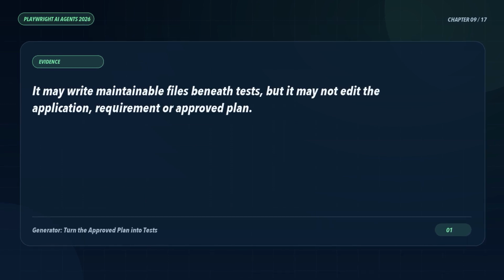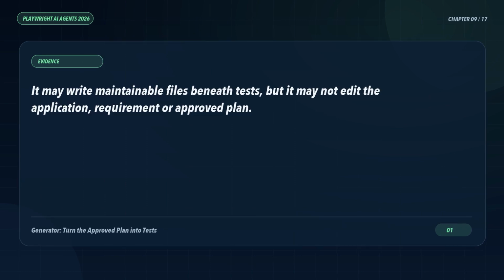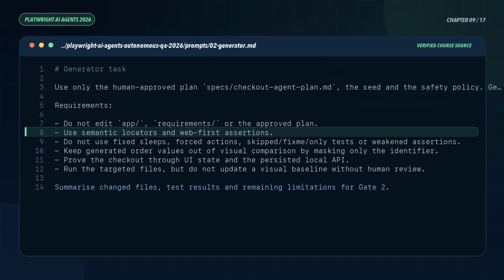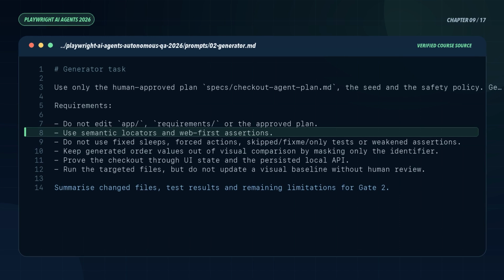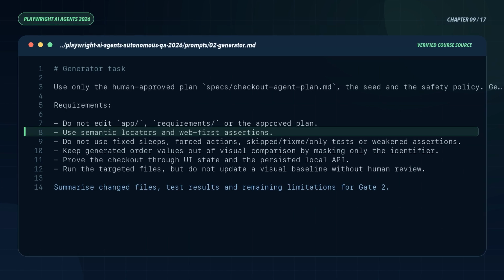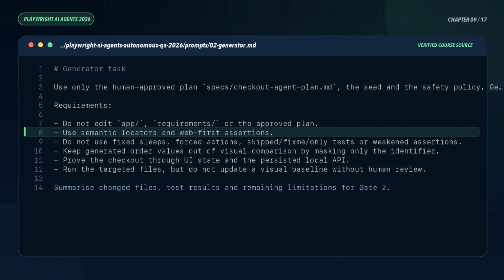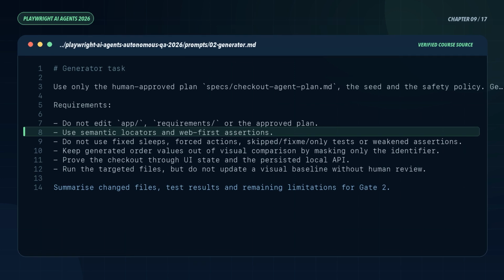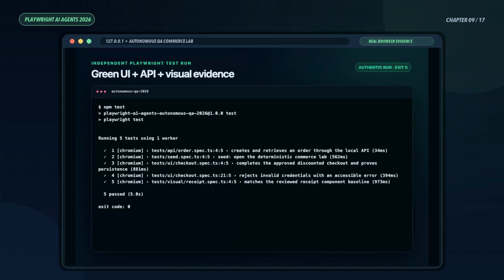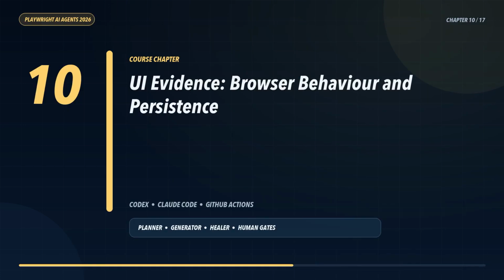own purpose. Gate 2 is a code review. Verify comments, permissions, locators, and assertions. Run each targeted file and then the complete suite from reset state. The generator accelerates implementation. It does not replace test design or engineering judgment. Open tests/ui